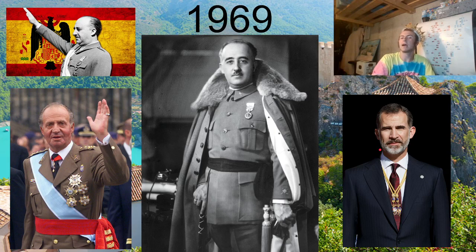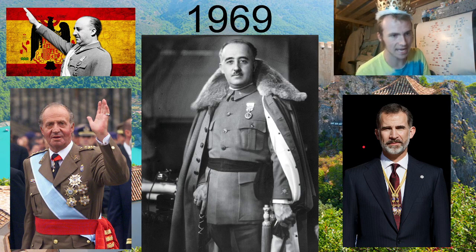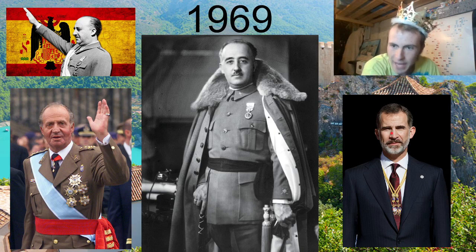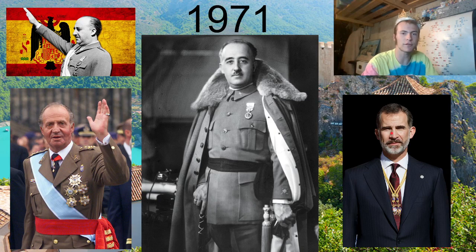He is now second in line to the throne, although he was born in 1968, so he's only a year old at this time. Felipe is actually the current king of Spain. So, you'll see what happens there. So, Francisco Franco, El Dictador,